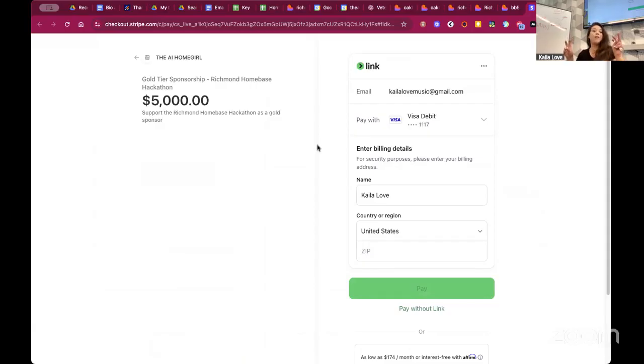I went and got what's called my API key. I put it in, and now I've been able to receive payments directly through my website without going through a whole new platform and a payment and all this stuff. It's just all in one place. Right. Yeah, so there we have it.